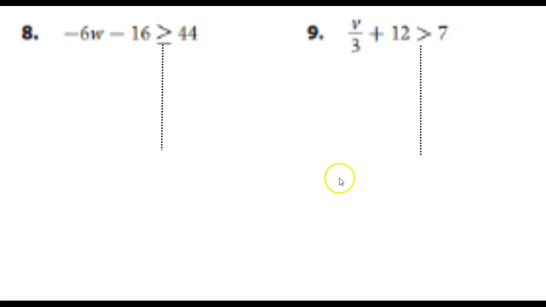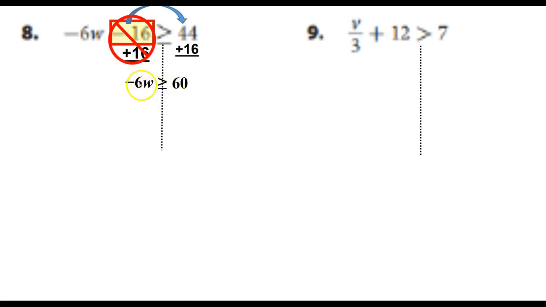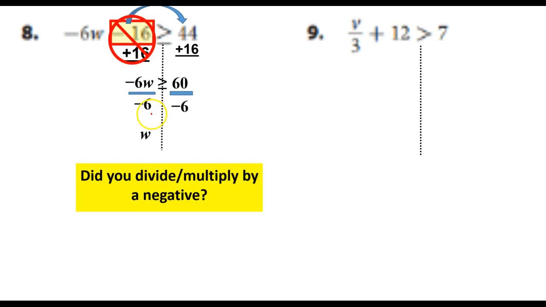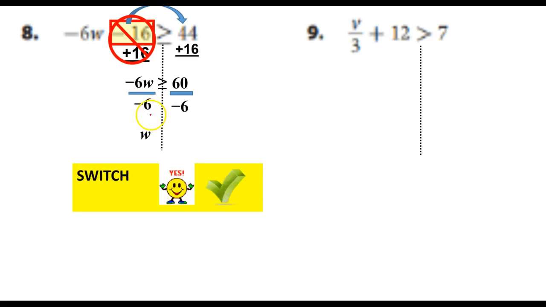Let's continue on to number 8. Again, pause here if you need to, but I'll be going over those problems shortly. And that would be the opposite of a negative 16, which is positive 16. Those cancel out, and I'm left with negative 6w greater than or equal to 60. What's the opposite of multiplying? Dividing. And then when we divide, did we divide by a negative? Yes, we did. So we are going to switch our symbol around,